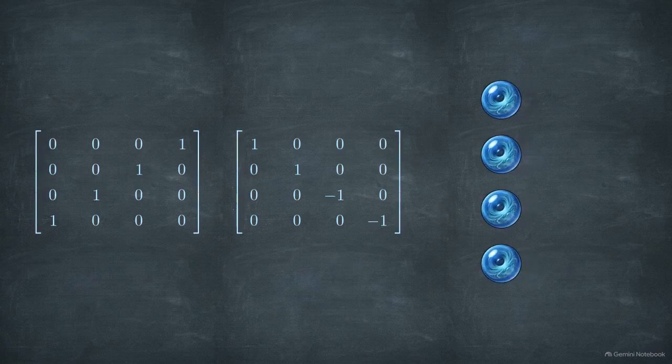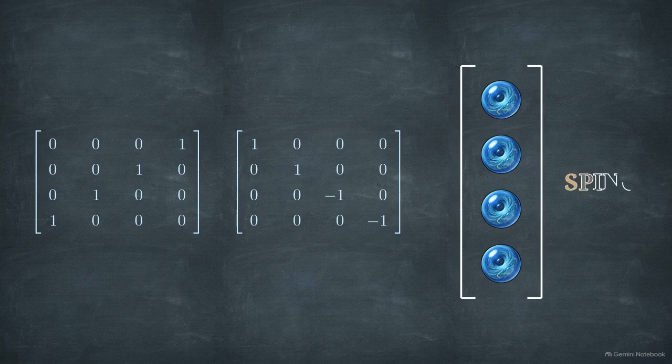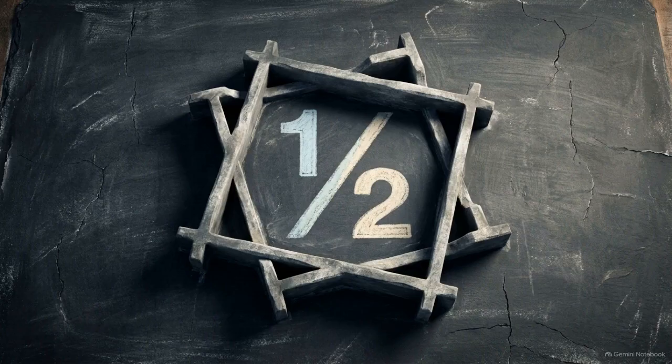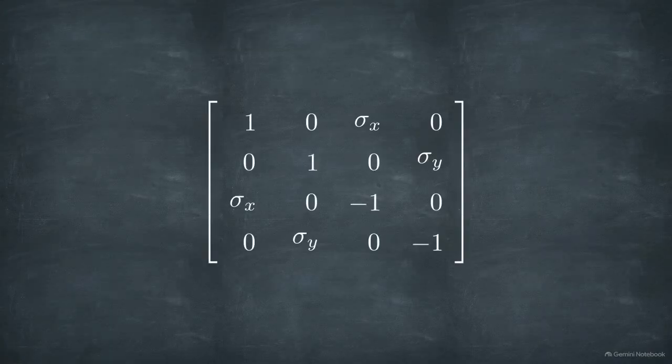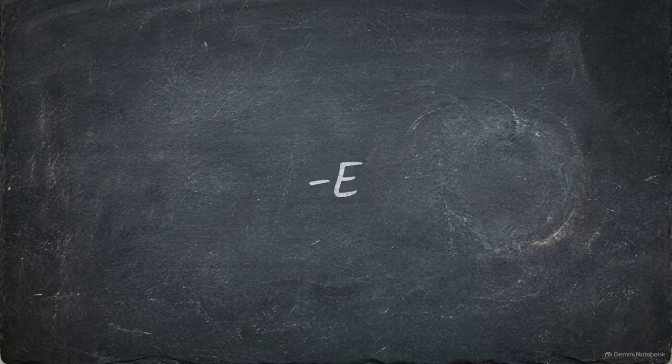The physical consequence of this math was that the wave function itself could no longer be a simple one-component value. It had to be a 4-component object, called a spinor. When you calculate the properties of a 4-component spinor, it predicts particles with a half-integer spin. This matched the known behavior of electrons, establishing the mathematical architecture for all fermions. While Dirac fixed the probability problem, the trace of his new matrices still yielded eigenvalues of positive E and negative E. The negative energy paradox remained in the math.